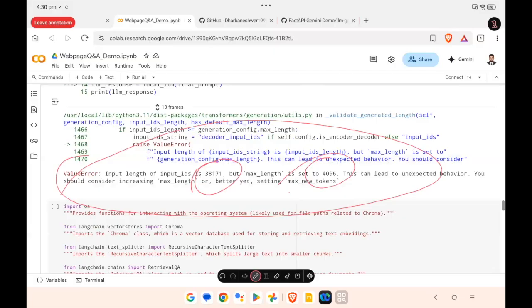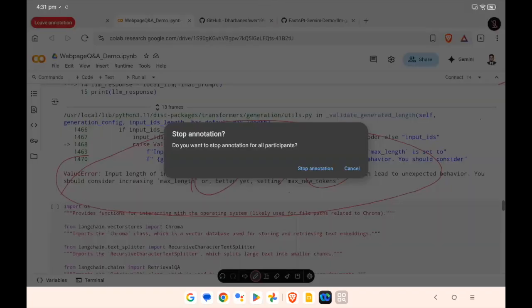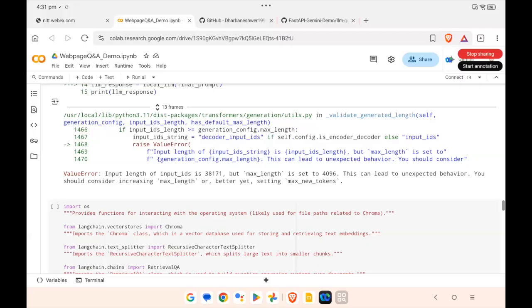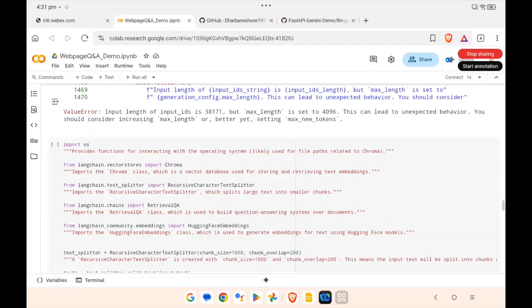Yes, sir. But can you use a bigger model in a simple Colab notebook? Can you instantiate it here? No, right? Because it is resource compute intensive. I'm using a simple Colab notebook to do my demo. I can't afford a very big model which I can use in my Colab notebook. So as I mentioned, we need to go for reducing the input length.